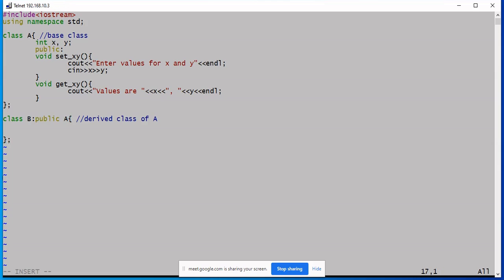And in this, let's have some member data. Let there be only one in private section, and in the public section let's write code for a member function that will set the value for z.